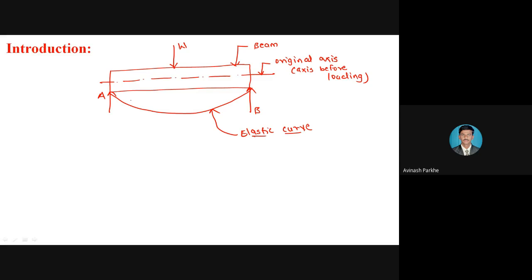So if the bending is taking place in the downward direction, that elastic curve is also having its own axis. Whatever center line you will get, that center line is also in the form of an elastic curve. That means before loading, the axis is perfectly straight, or perfectly horizontal. But after loading, if the bending of the beam is taking place in the downward direction, and that bending is represented by the elastic curve, this horizontal axis is also going to bend in the downward direction.